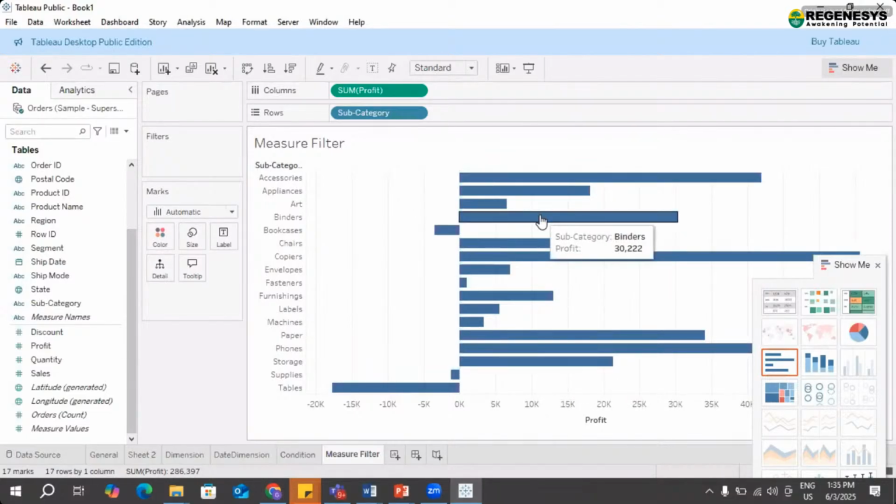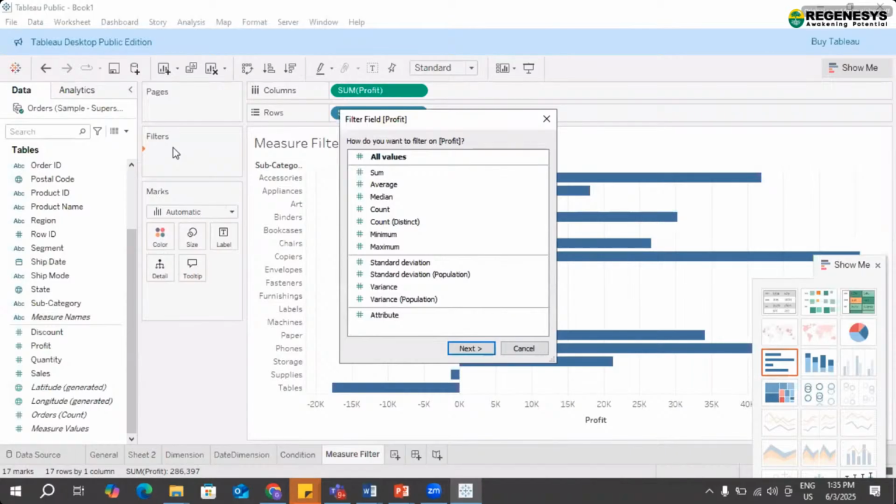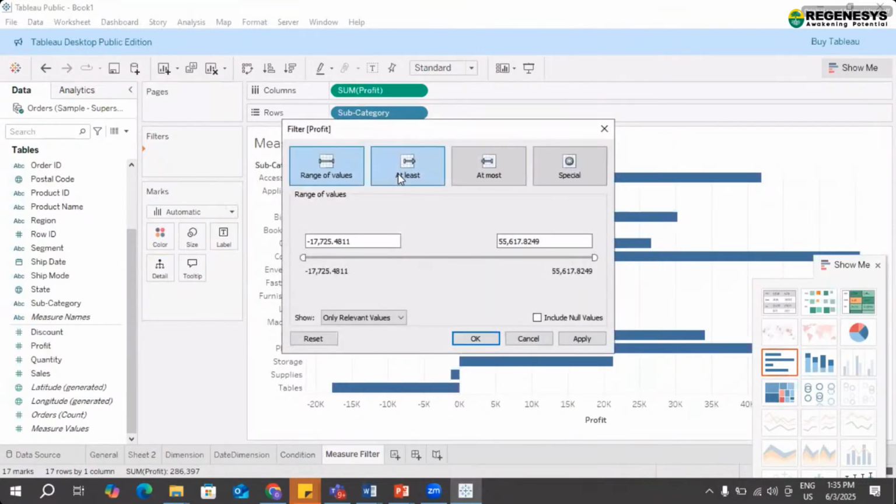So now if I want to apply the filter on profit, what you can do is, from profit, this is a measure which we have. Now I just take the profit here, and from this you can see that we are getting a new way to get the field. So from here we have the average, and then I'm just selecting it.